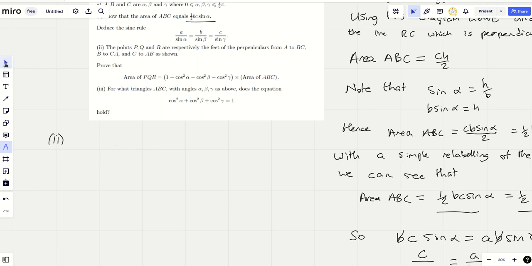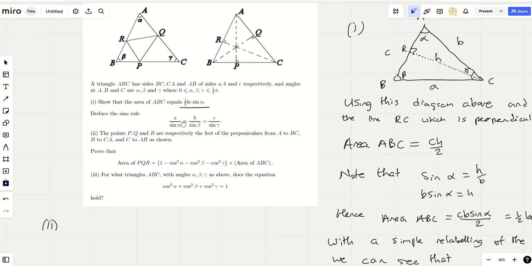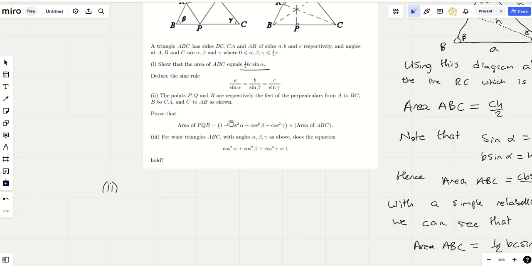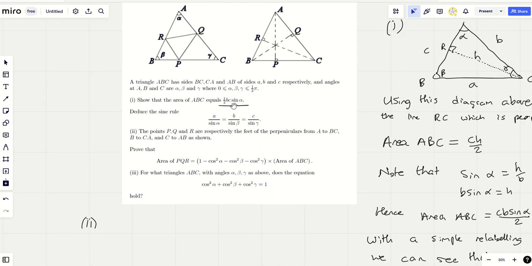I'm just claiming, well, I'm certain as well that I would have done it a different way in my notes at school, because I've basically done this as I was just putting my kids to bed, and I didn't have my original notes. This might be slightly longer than the way I did it at school, but I looked at this and thought, well, particularly this diagram here, the way I can relate PRQ to ABC is I can say,